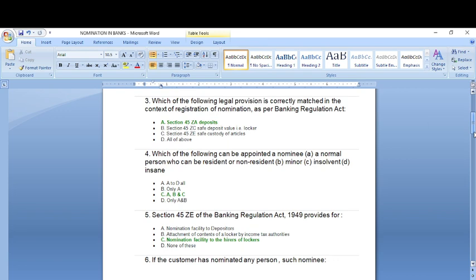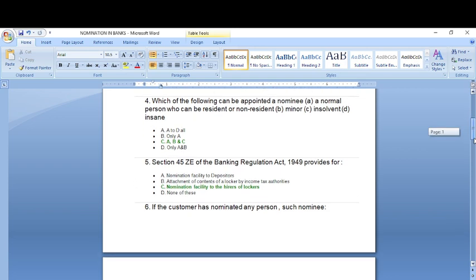Then which of the following legal provisions is correctly matched in the context of registration of nomination? It is Section 45ZA of the Banking Regulation Act. Which of the following cannot be appointed as a nominee? A normal person who's a resident or non-resident, minor, insolvent or insane. It can be a normal person, it can be minor, it can be an insolvent, but it cannot be an